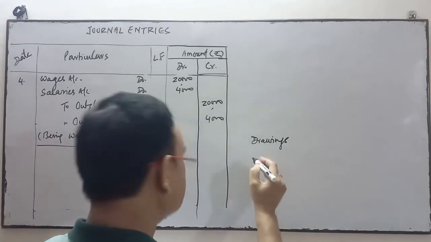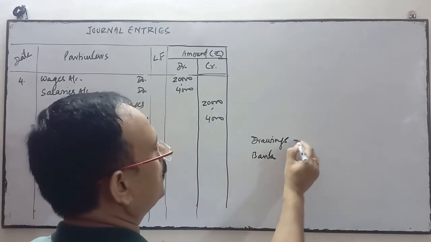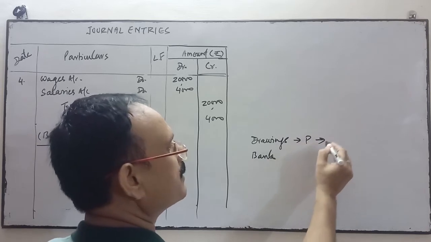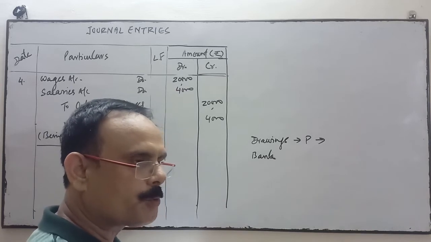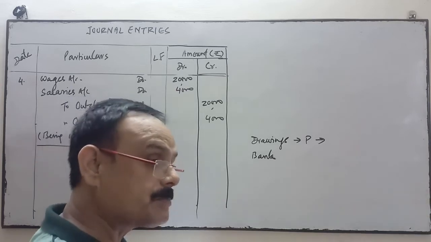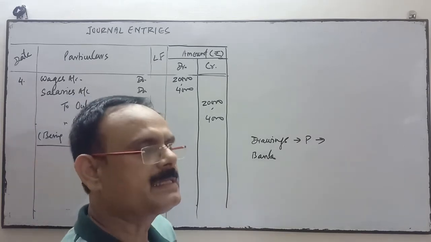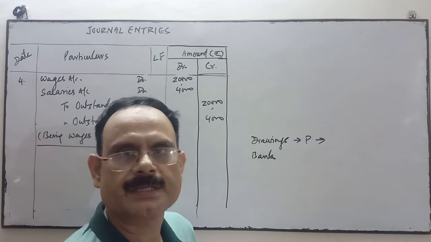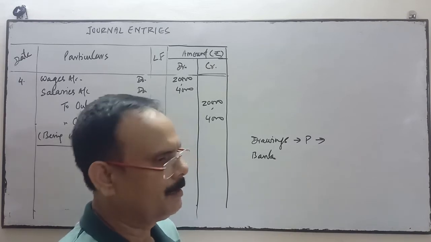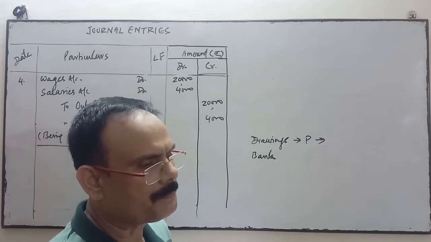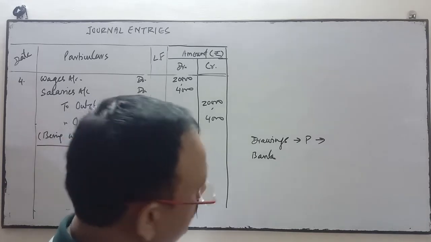The amount is paid by check, so bank account. Drawings comes under personal account: debit the receiver and credit the giver. When the business has given the amount to the proprietor to purchase the furniture, or the business has purchased the furniture for the proprietor, it is the same thing. Or the proprietor has withdrawn the money from the business for his personal use, it is the same thing. Okay, it is the same thing, drawings.